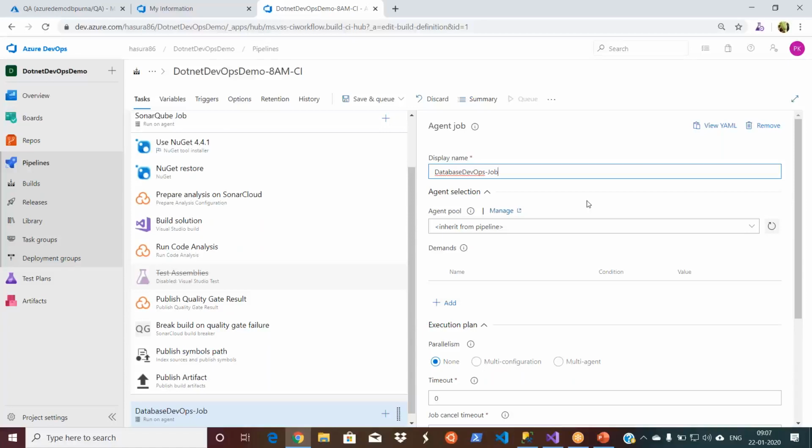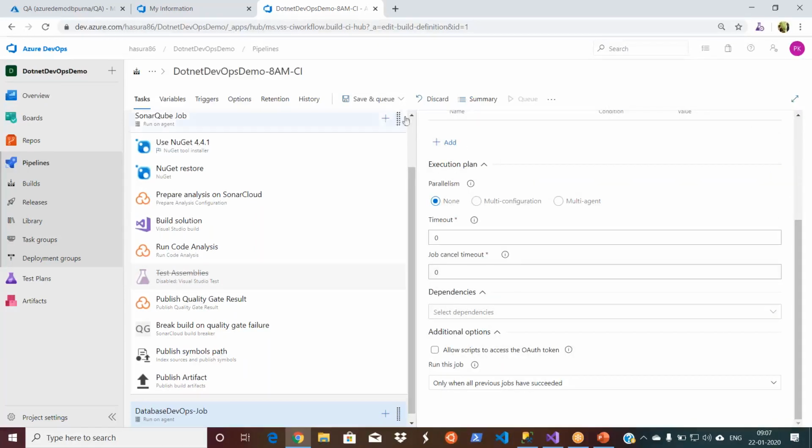I'm not changing anything here because it is already inheriting the pool from the parent. Let's go and save it because I haven't added any tasks here. After this, we will add a couple of tasks to this one.